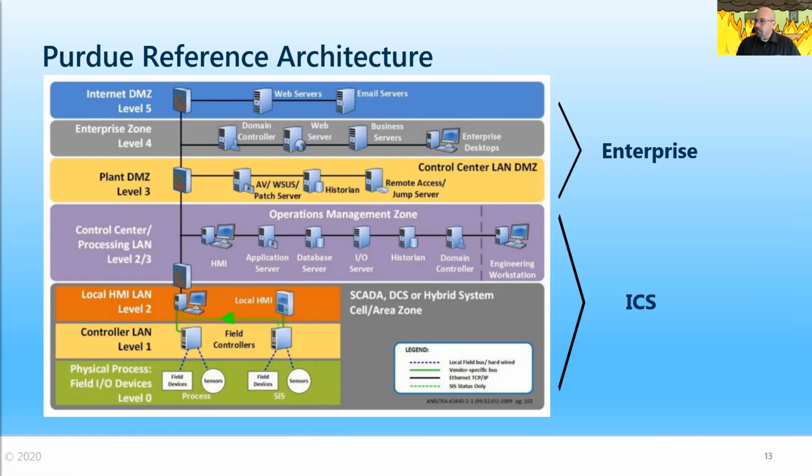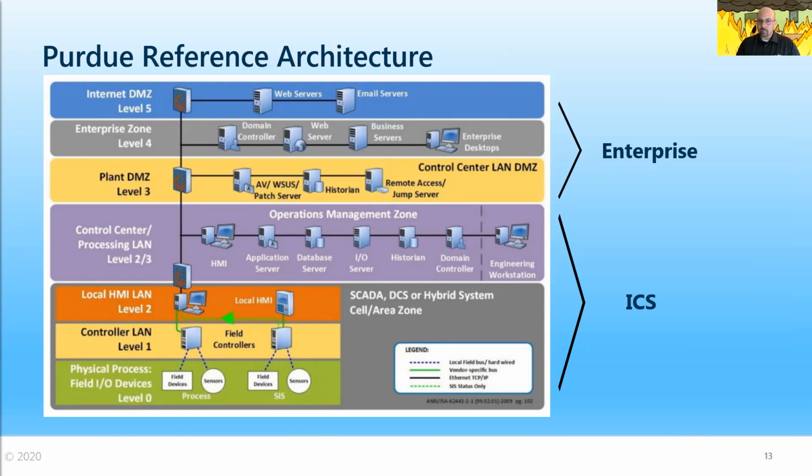These are your application specific systems for that particular control system. So there may be an energy management system or distributed control system, and those applications and database servers sit in levels 2 and 3. When we get into level 2 and below, this is where the actual process controllers are, and this is pure ICS down here. In level 0, you have the field devices. In the case of an electrical network, that'd be relays,